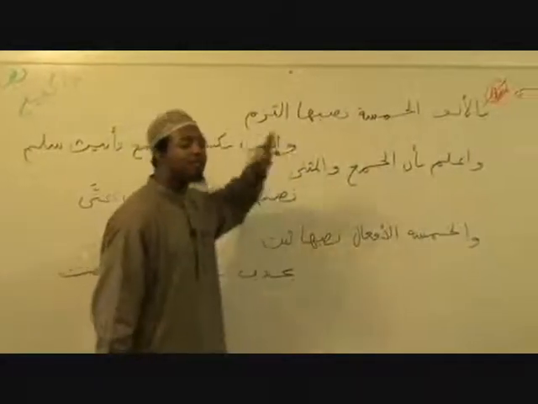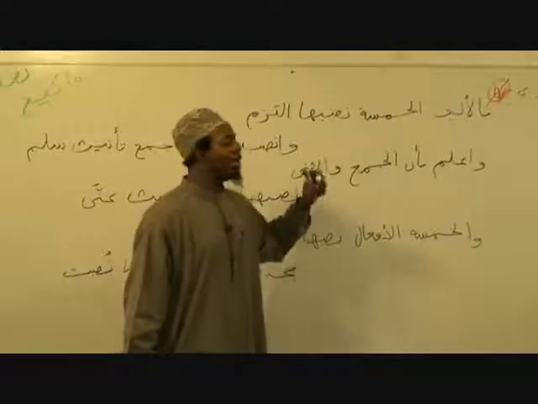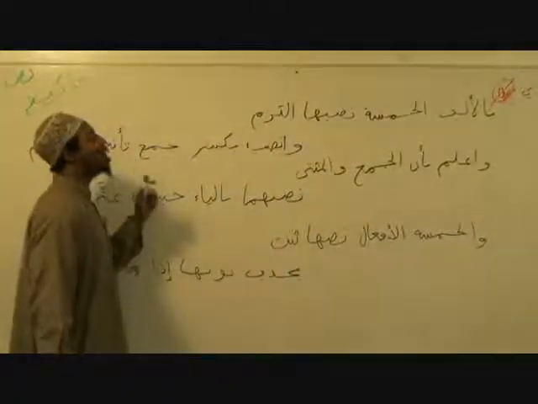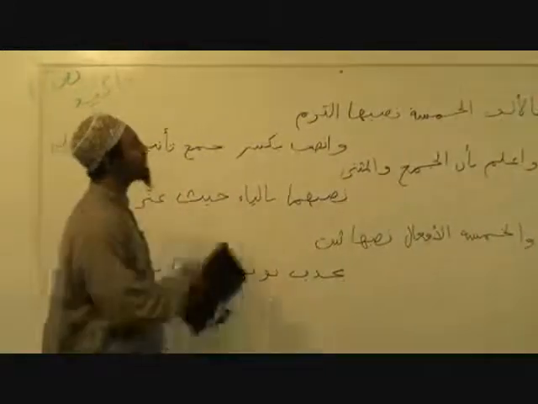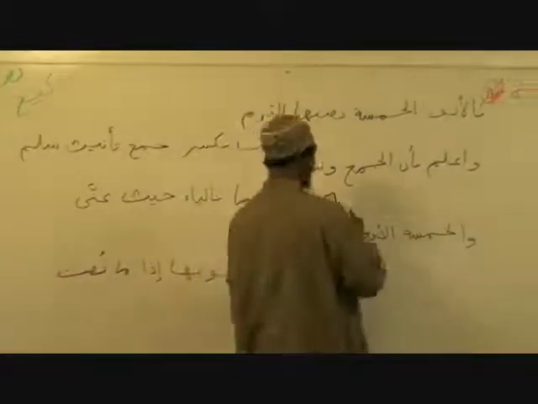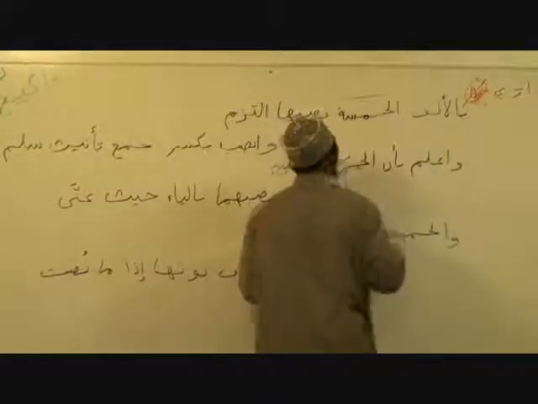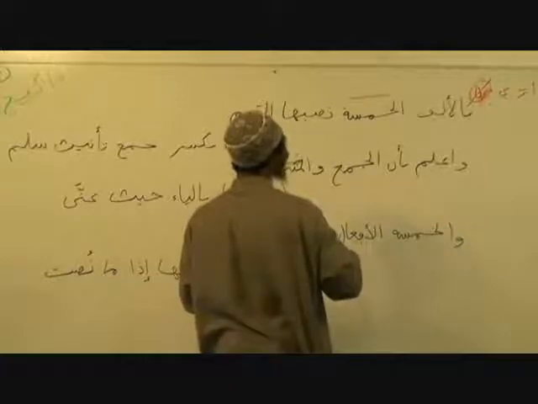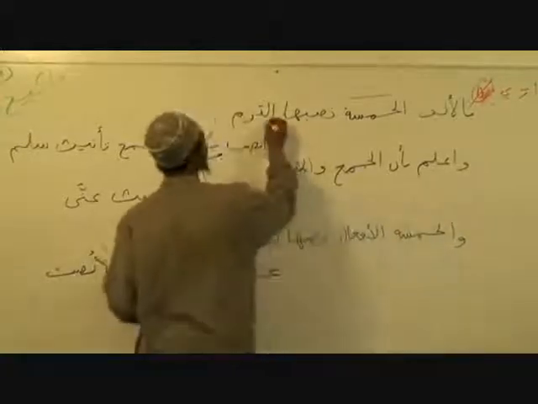Again, nice and slow. We don't say it that way. We say: بالالف الخمسة نصبها التزم وانصب بكسر جمع تأنيث السلم. Here we're talking about the five nouns, الأسماء الخمسة. التزم is on the scale of